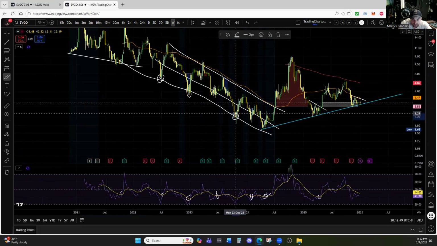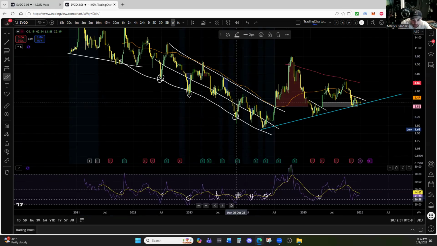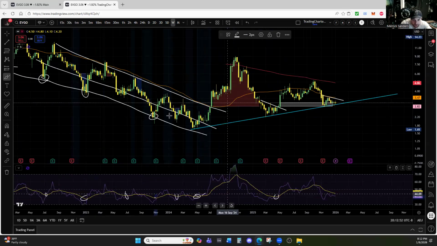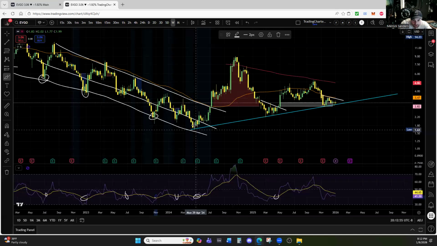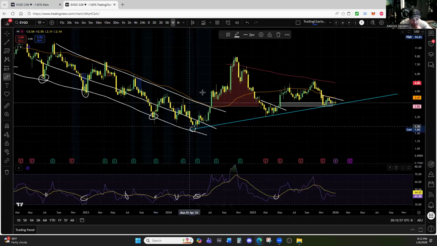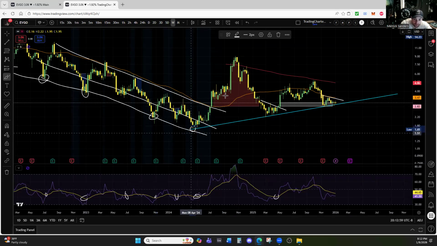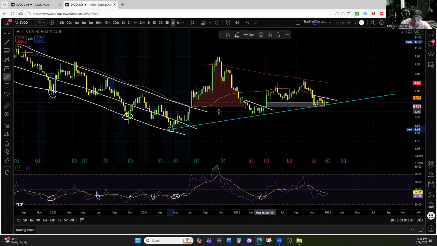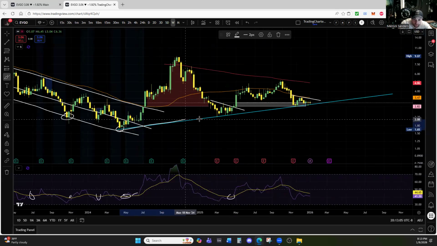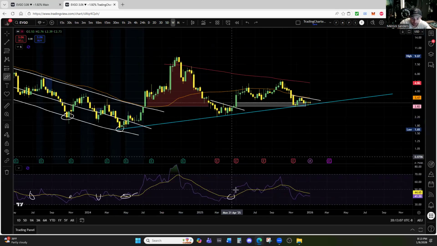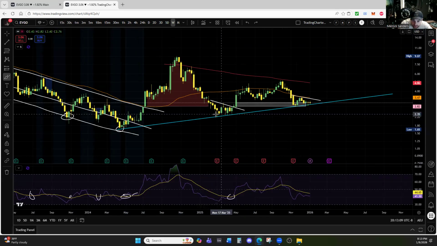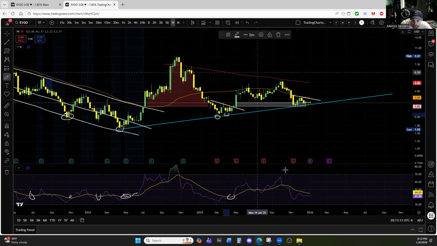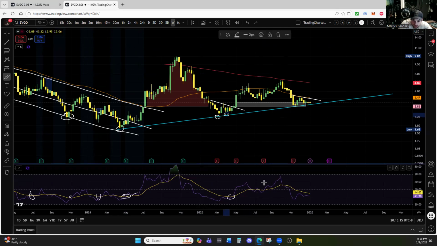Here again, tested the extreme point of the structure, then you get the cross. Here again, you test the bottom of the structure, get the cross. Then on this one, we happen to break the structure, express the channel, break down for a while, find support in what became this macro trend line that I'm looking at. Then you get that cross right after the test of the structure, although you did get a couple touches of it. And you got the cross. You did get the cross here and here, but